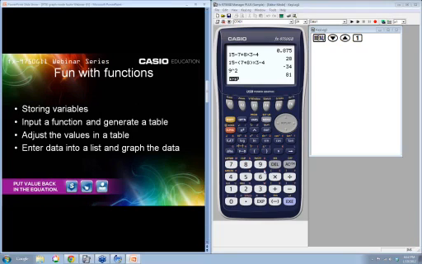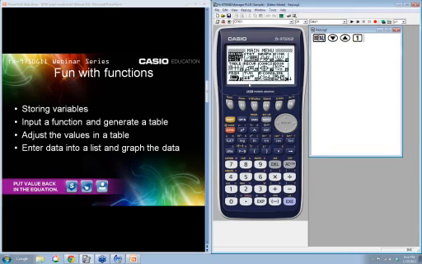All right, ready to do the fun stuff? We're going to do some functions now. I called it fun with functions. My kids don't necessarily think I've got it all together because they don't find this fun, but that's okay. We're going to hit the menu button, and the menu button always takes you back to this screen which shows you all of the different options you have. If you'll notice this little arrow right here on the right of your screen, that just tells you that there's more information below it, and you can actually go down and see what those additional options are.